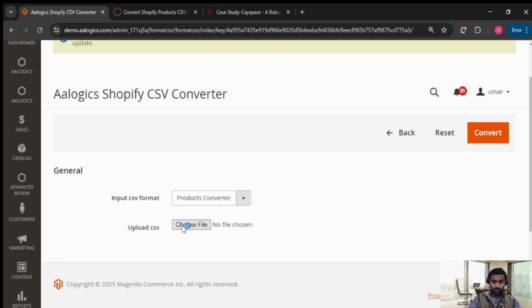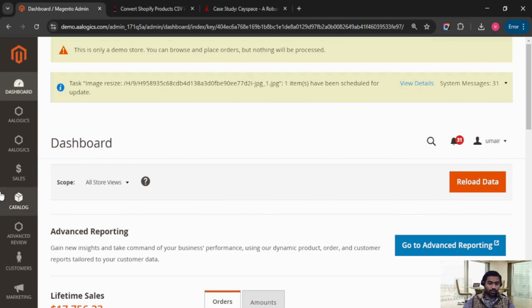So choose a file from here. Now the file is uploaded. Simply click the convert button. The file is converted. Now, first you will open the system